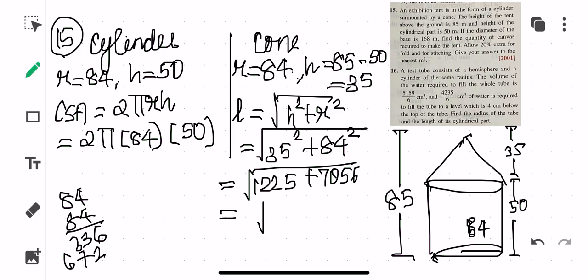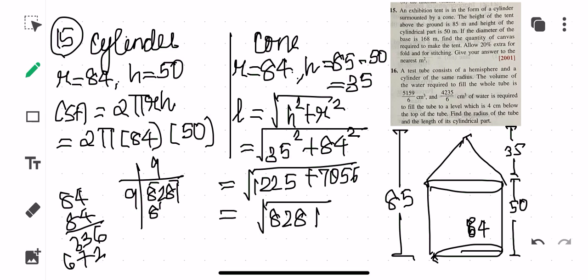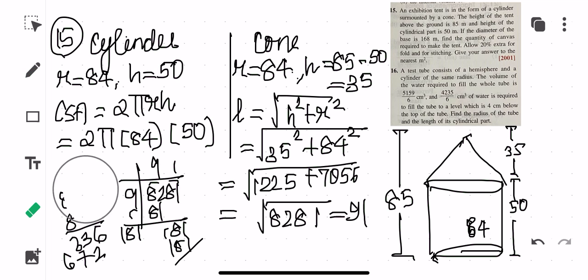So how much is this coming out to be? This is coming out to be 8281. So 8281 is square of what, children? If you just find it out like this, 8281, 9 and 9, so you are getting 81. So you are getting 181. So if you just add up 9 here, how much are you going to get, children? 118. So 1 and 1. So this is 181, means what? 8281 is the square of 91. So you are getting the slant height equal to 91.